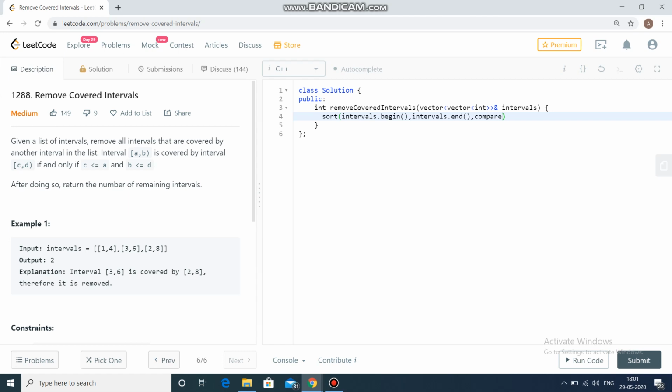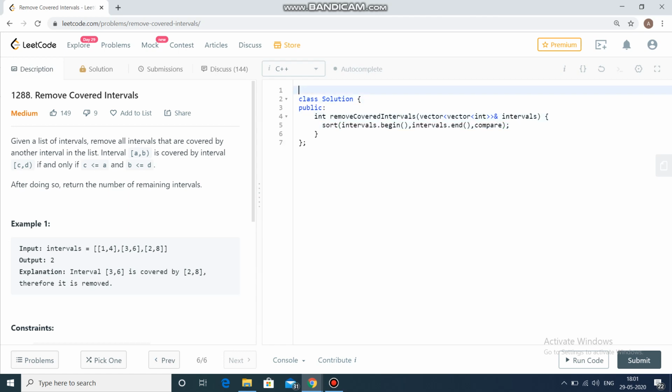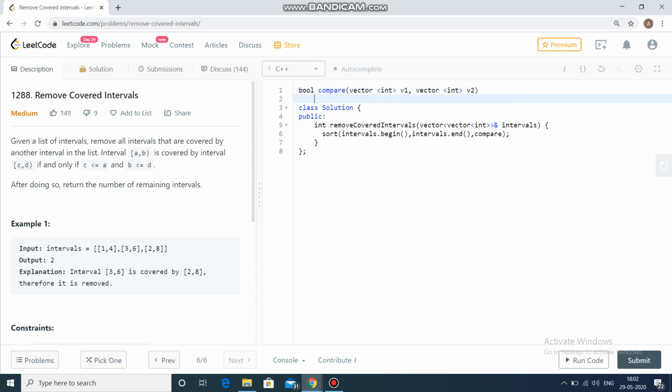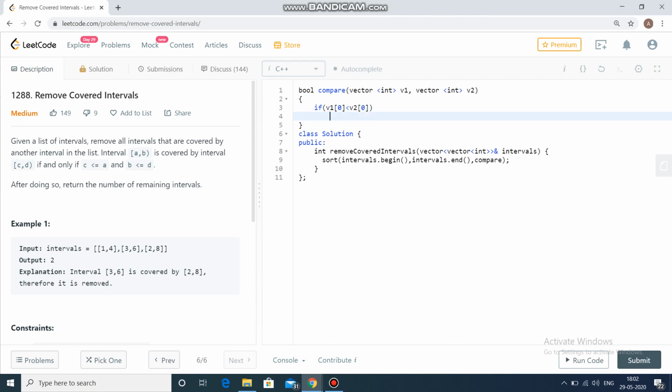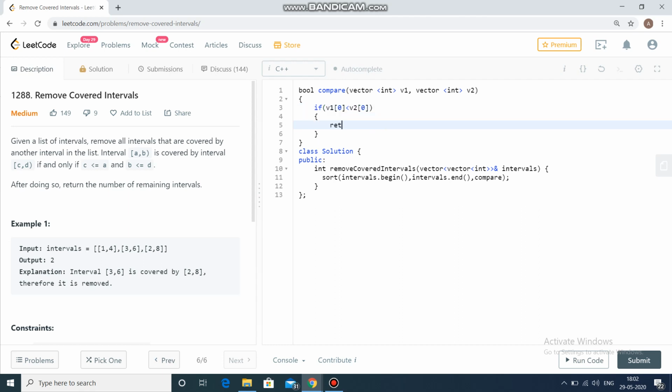Now we will write the comparator function, bool compare. What does it compare? Two elements of a vector, v1 and v2, each a vector of int. If the starting point of v1 is less than the starting point of v2, then v1 lies before v2, so return true.